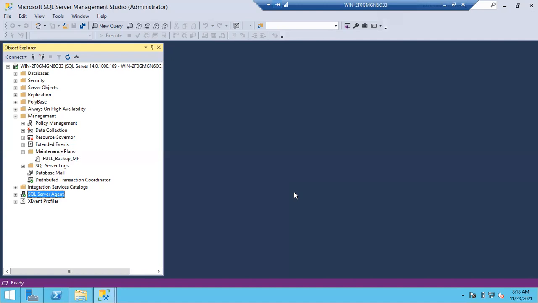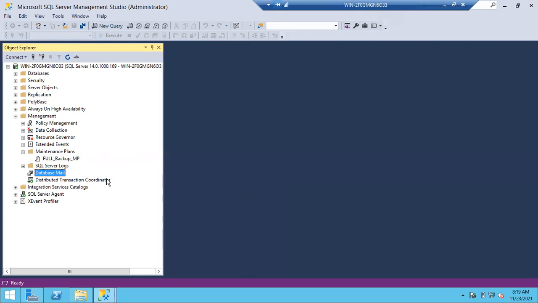And guys, one more important thing is, if we want to get an email, we have to configure the database mail feature. Okay, you can see here database mail under the management, right? You have to configure it in the organization; in the post installation scripts, you will have a script to configure database mail.